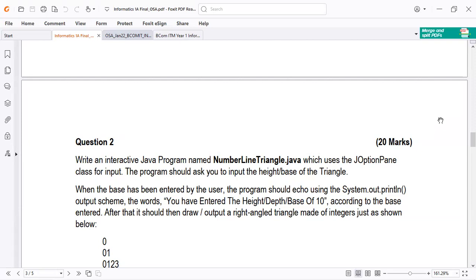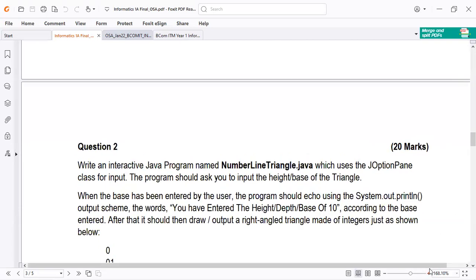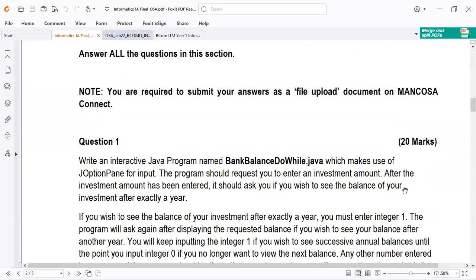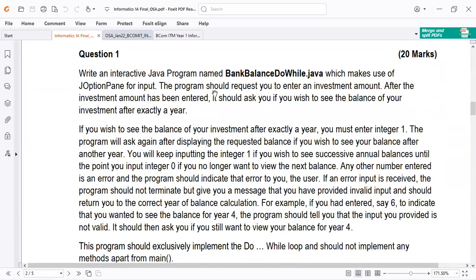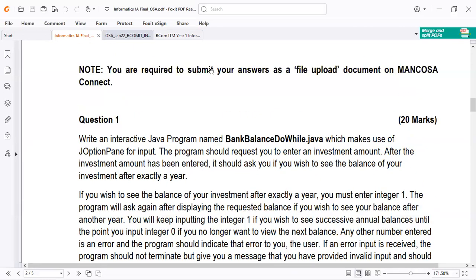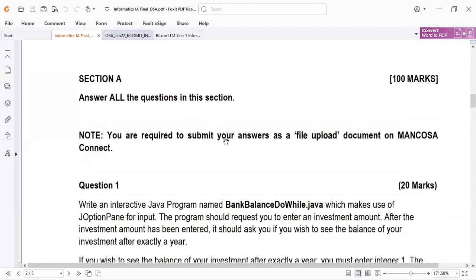All right. Okay. No problem. So let's do that. So let's start from question number 1. I think this one we have already read before. So the first thing, even if the code is hard, this part we should not by all means fail to do: write an interactive Java program named, right? So this is the name of our program. And before we attempt any question in the exam, it is wiser to read the instructions carefully, like the ones that the other guys in Informatics 1B wrote before.